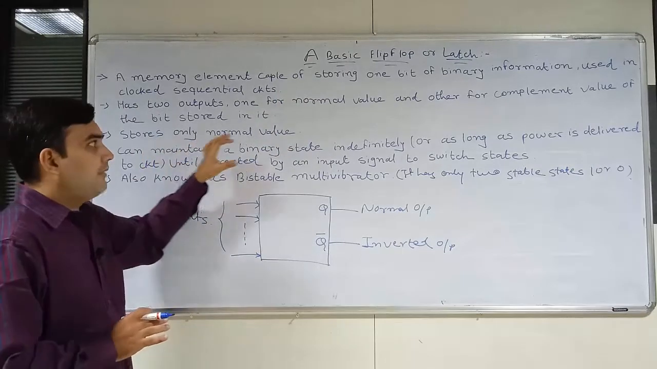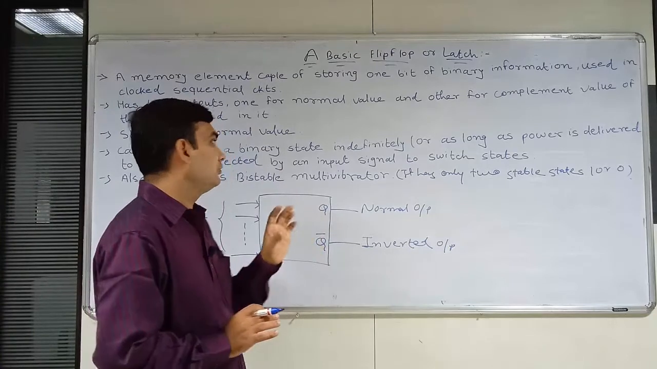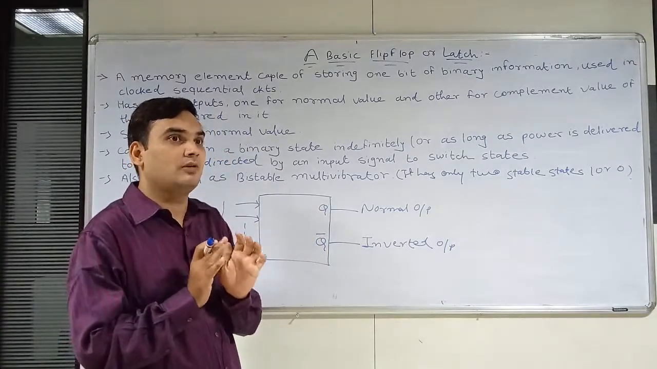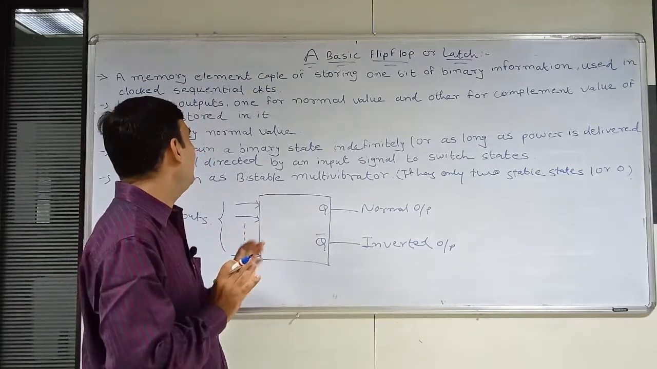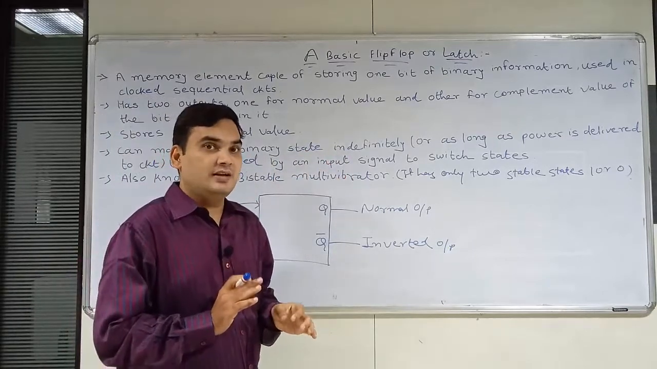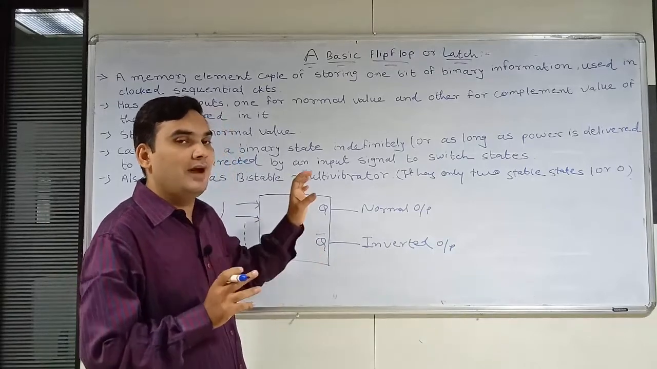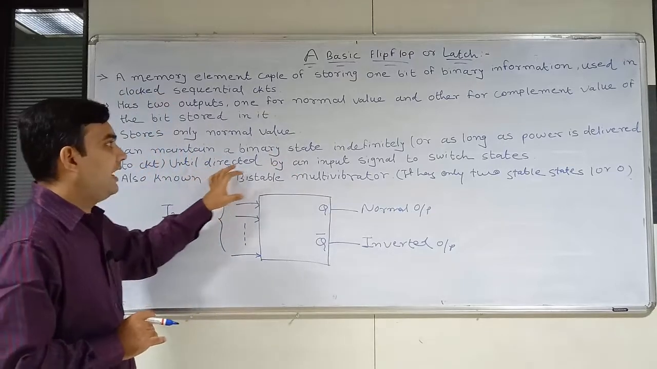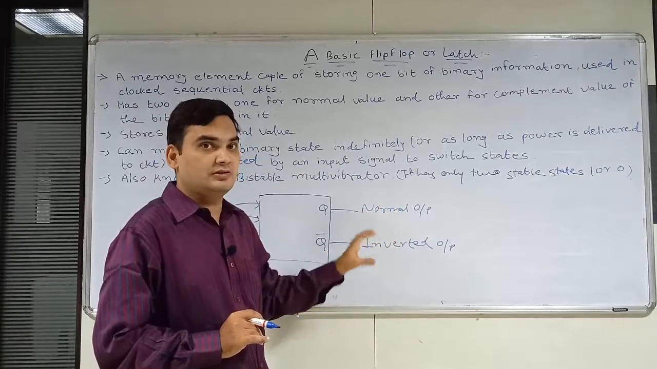It can maintain a binary state indefinitely, as long as power is delivered to the circuit, or until directed by an input signal to switch states. It is also known as a bistable multivibrator because it has only two stable states, 1 or 0. That's why it is called